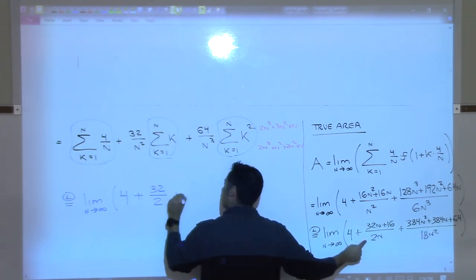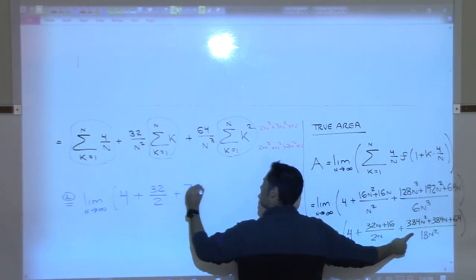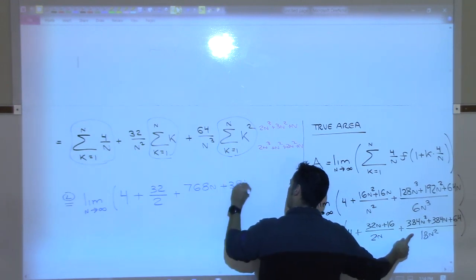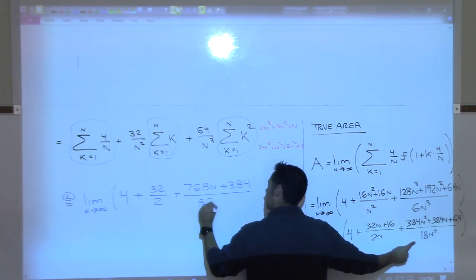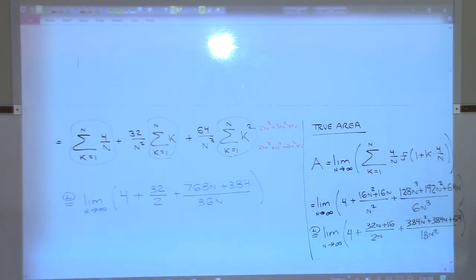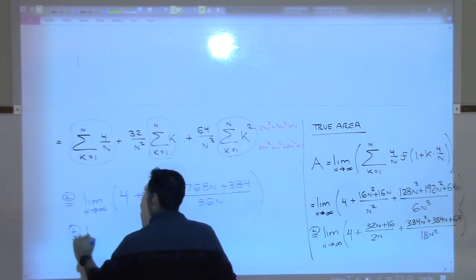Plus, on this one, these numbers are starting to get big. 2 times 384, 768n, plus 384 over 36n. We're going to need L'Hopital one more time. So when we do L'Hopital one more time,